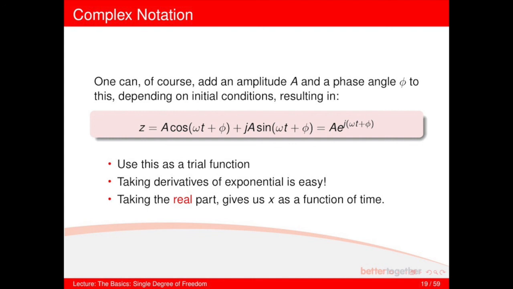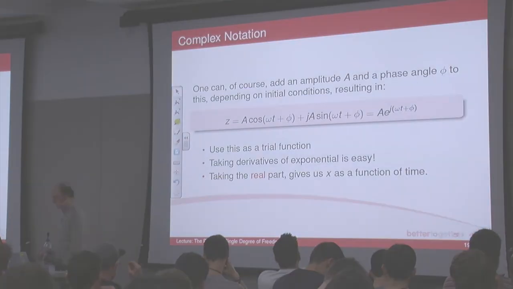And with e to the j omega t, all that happens is you end up with e to the j omega t times whatever's in front of the t. So the j omega comes out. And you do that again to get the second derivative, another j omega comes out, j squared is minus 1, so you end up with minus omega squared, because of the other omega that comes out. So you end up with the same thing. We could apply that to that, and you take the real part of that number, and you get x as a function of time, which is that cosine. Like I said,